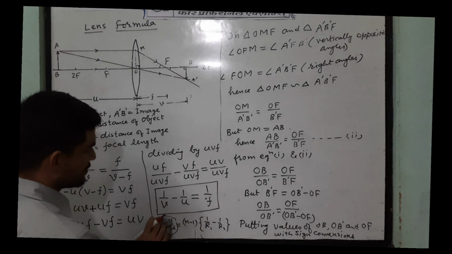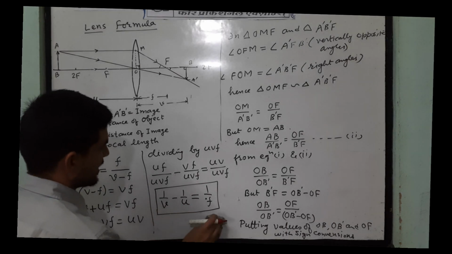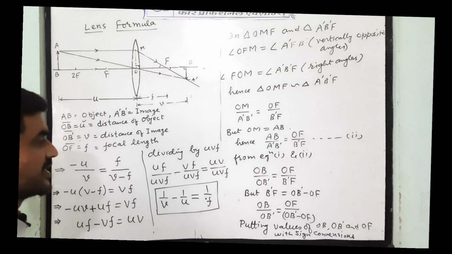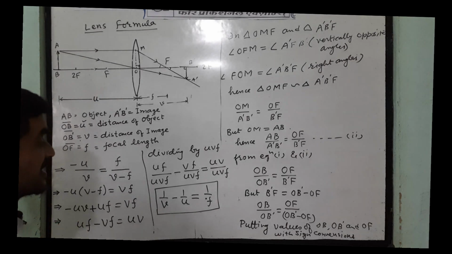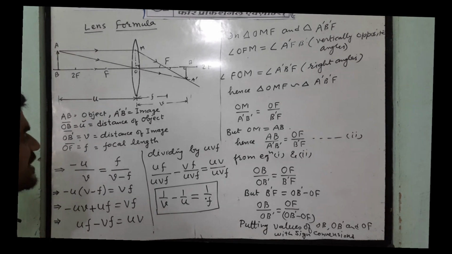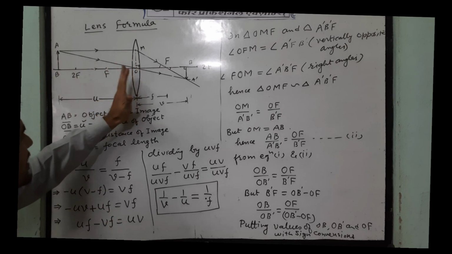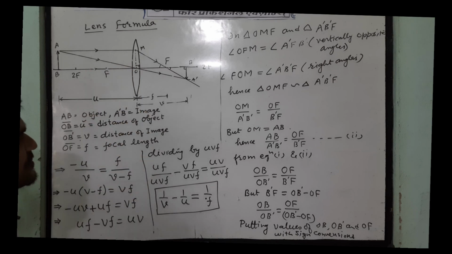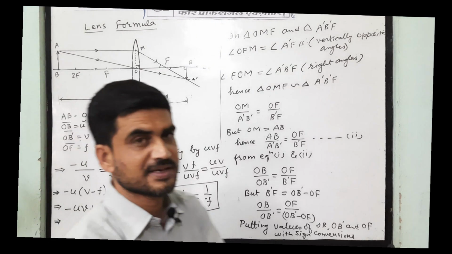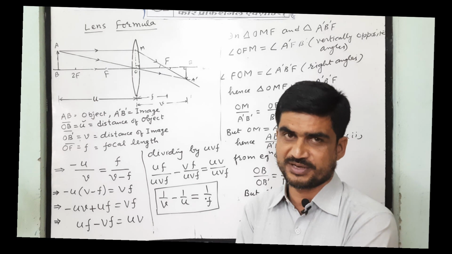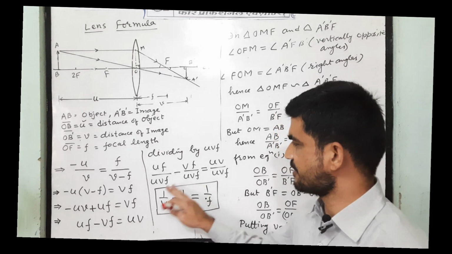Clear? So this formula is the same whether the lens is a convex lens or a concave lens, whether the images are real or virtual. The formula will be the same. So if the object is between O and F, children, a virtual image is formed due to the convex lens, and when you are taking the concave lens, wherever the object is kept, always you will see a virtual image, and you always use this formula.